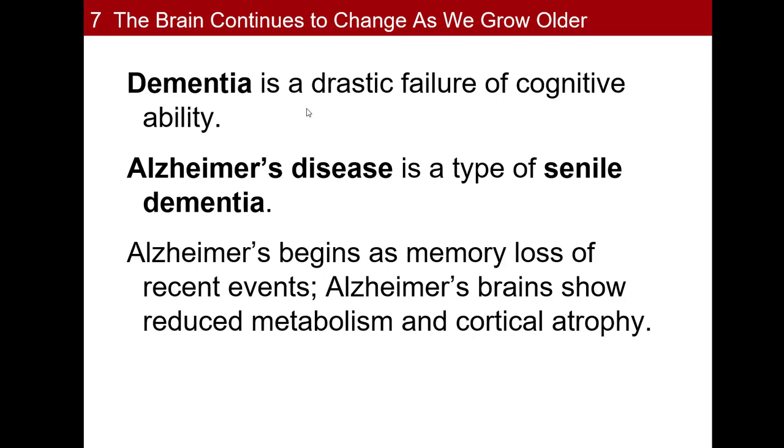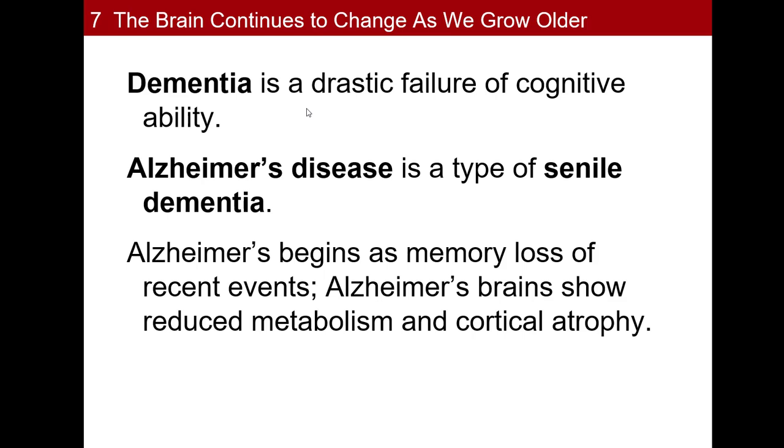All right, so it is normal as a person gets older to have some decline in motor skills, some decline in delayed memory, and a reduction in the size of the hippocampus. But we can have some issues that come up that are over and beyond what we would expect based on typical aging. So when you see the term dementia, dementia is a general umbrella term here. We've had a major loss of cognitive function.